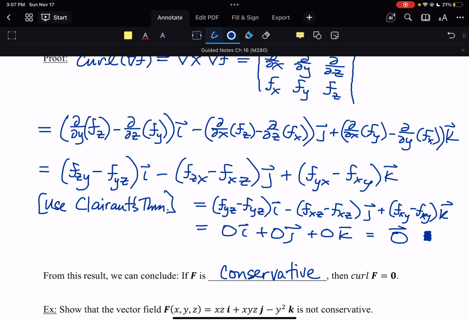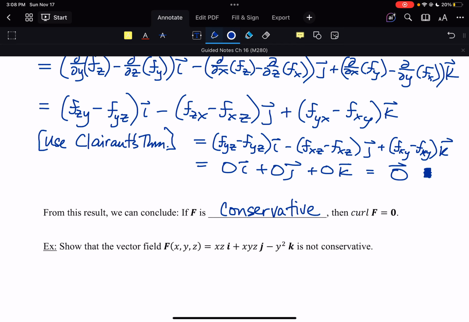Okay, so before this, we could only test two-dimensional vector fields for conservatism, because we had the partial of Q with respect to x and the partial of P with respect to y being equal to each other. And if they were, then it was conservative, given that the domain was appropriate. But that only worked for 2 dimensions. Now we have a 3-dimensional vector field, with x, y, and z. And we can see that if the vector field is conservative, then the curl would be 0. So, for example,